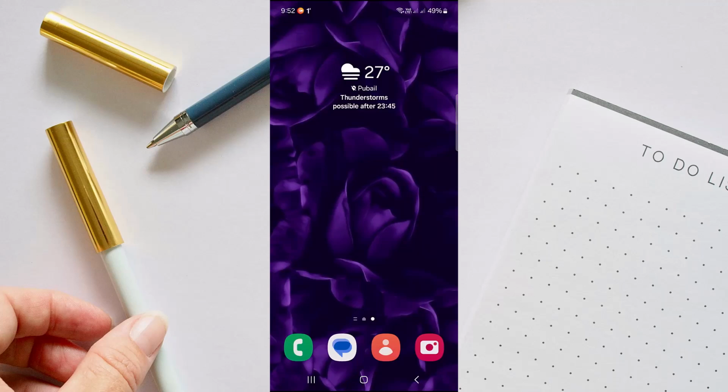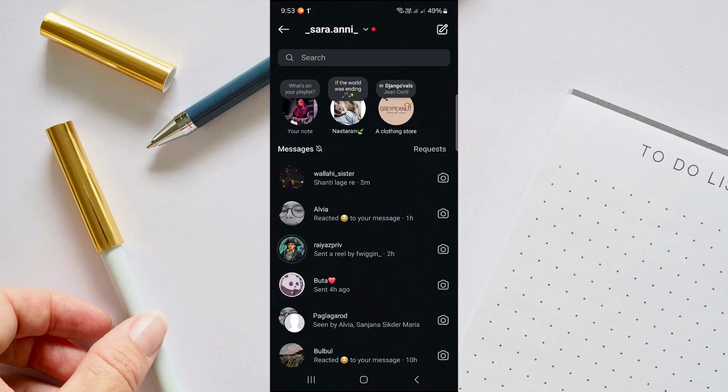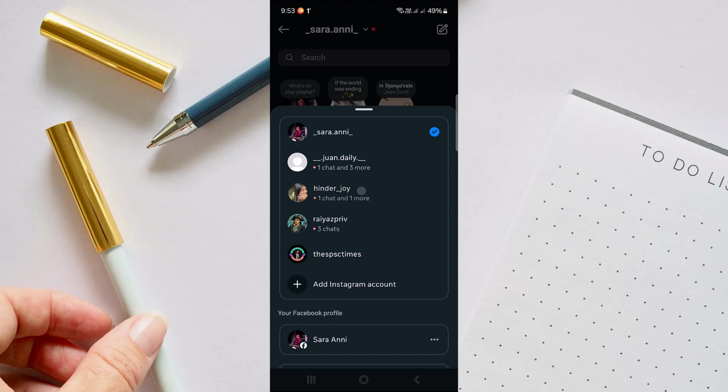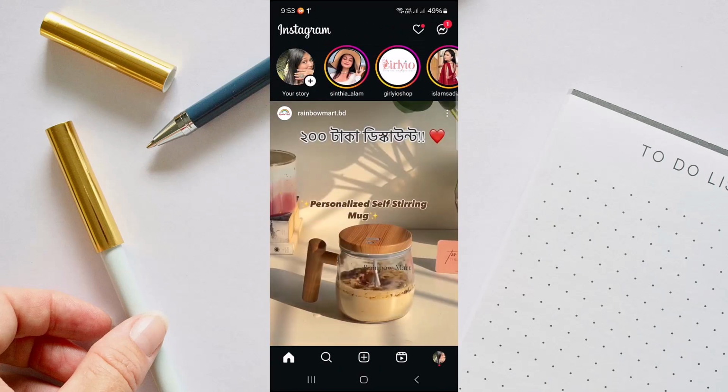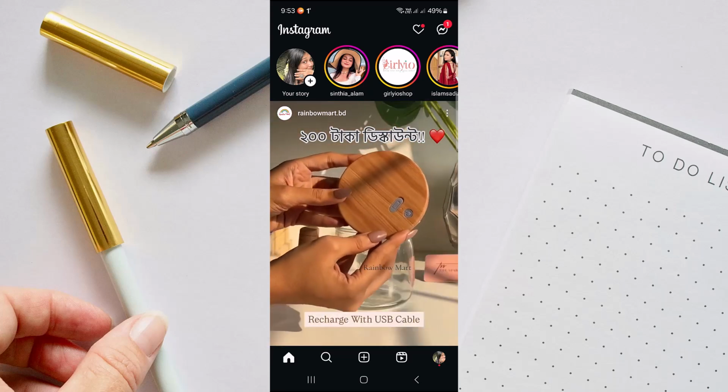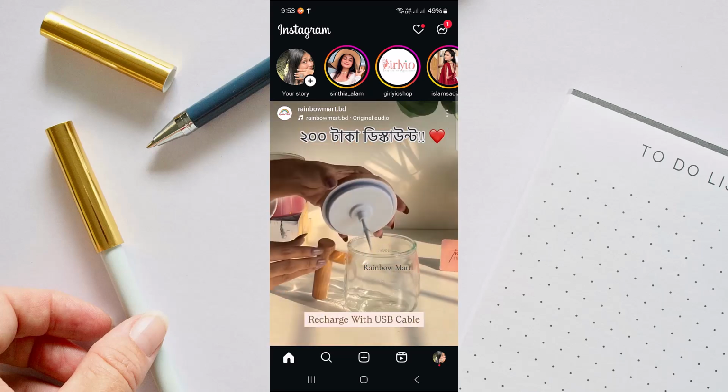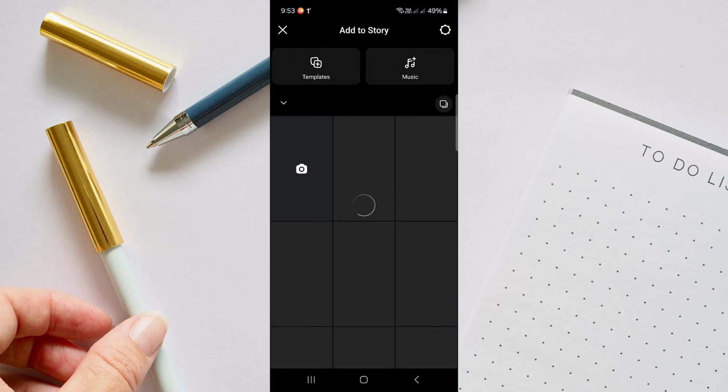In today's video, you are going to see how to change background color on Instagram story. So to do that, let's head over to our Instagram application first. Once you are there, make sure that you have logged in into your desired account and then head over to the story section and